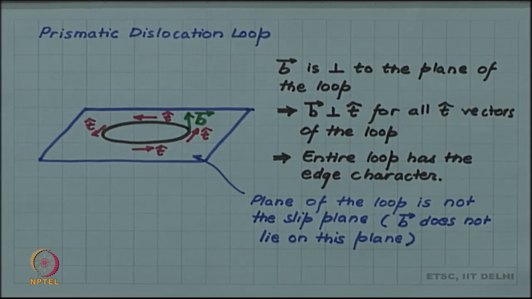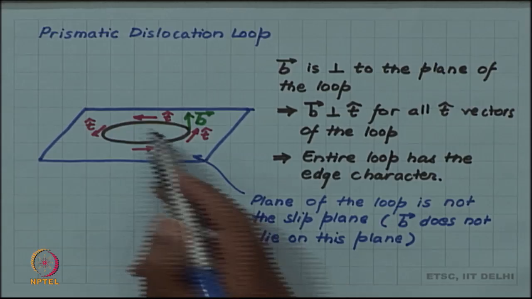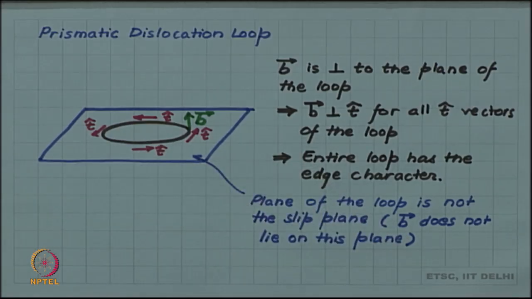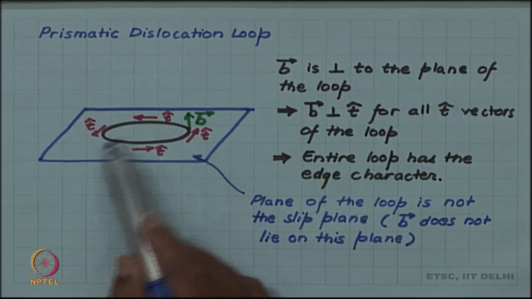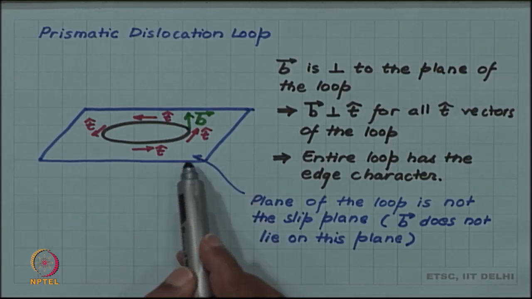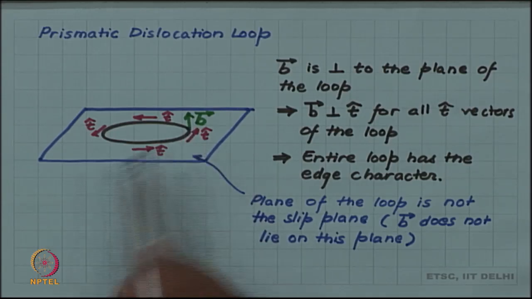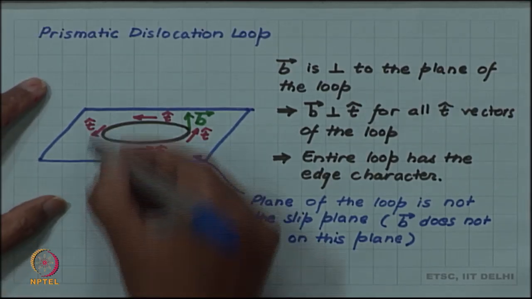A slip plane by definition should contain both B and T. So, this plane, the blue plane which I have drawn here, the plane of the loop in which the black loop is lying, this plane only contains T, it does not contain B. So, then what is the slip plane of this dislocation? The plane containing both B and T will be,